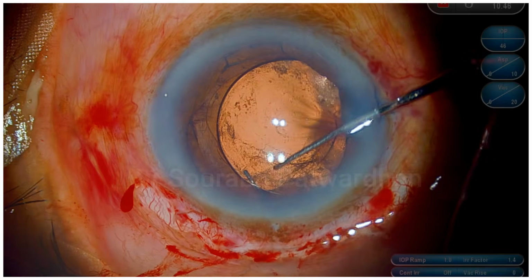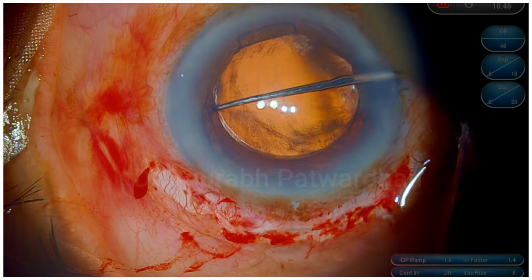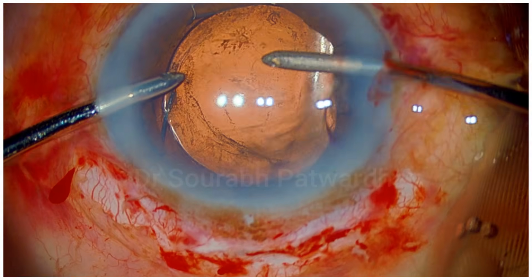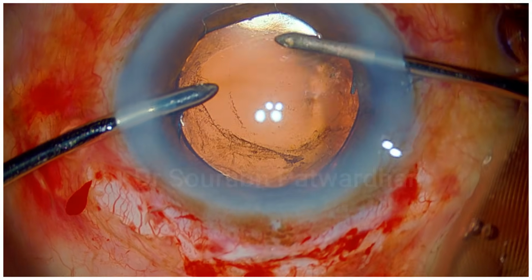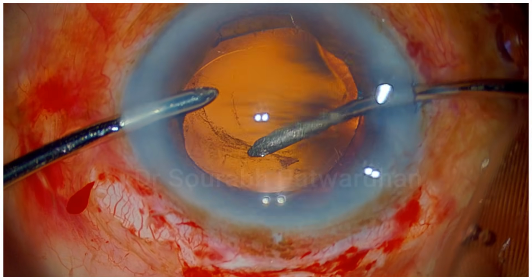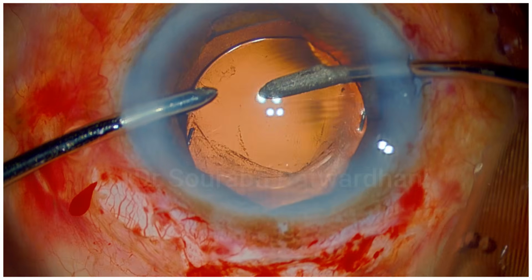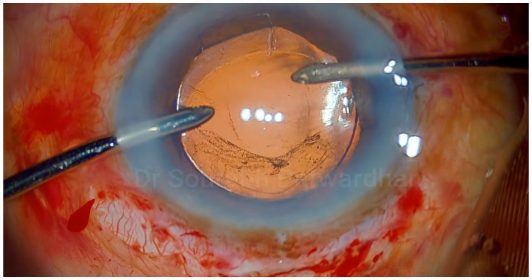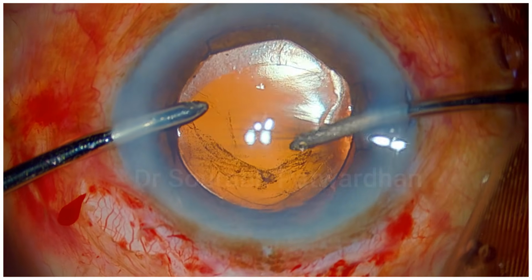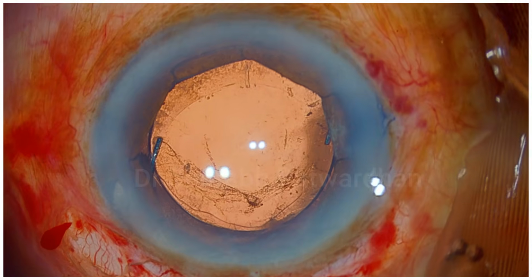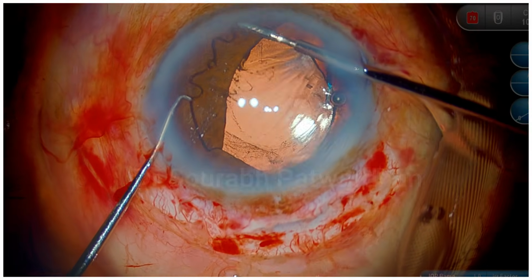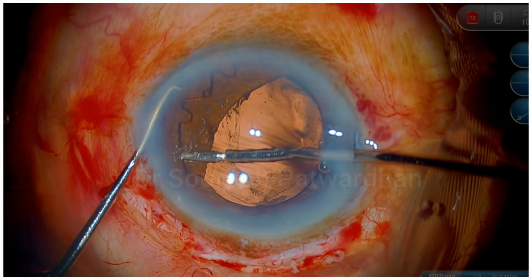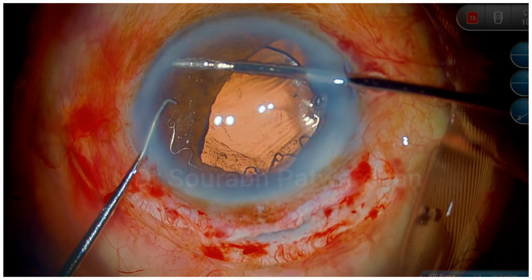You can of course push the IOL directly into the bag as well, but here for the long term stability I am going to do the optic capture into the CCC while the haptics remain in the sulcus. Thus the sulcus and the CTR in the bag both provide adequate support for the bag as well as the IOL. I have pushed some cohesive OVD, and then I am going to remove this B octa,